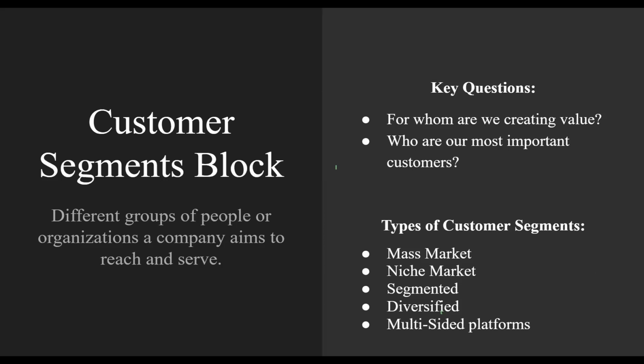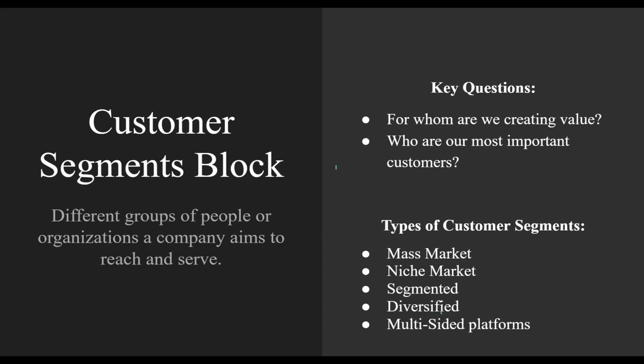is the patients, patients who have problems with their orthopedic body parts, or I can say the doctors, because I'm creating this software and these medical devices for the customers to use. And who are our most important customers? These two questions are the most important questions that you should ask while doing your canvas model's customer